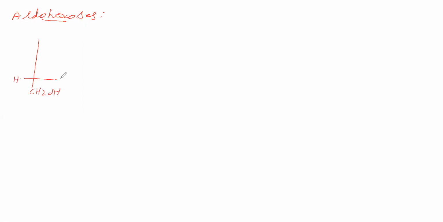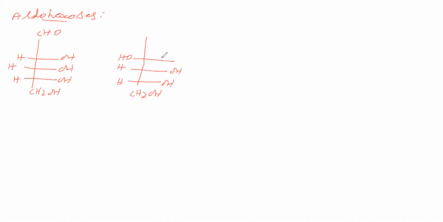Here chiral carbon HOH. Second here chiral carbon HOH. Next chiral carbon HOH. Here CHO. It is D-ribose. We will take D-ribose 2 times. Here CH2OH. Chiral carbon HOH. Chiral carbon HOH. Here chiral carbon OHH.